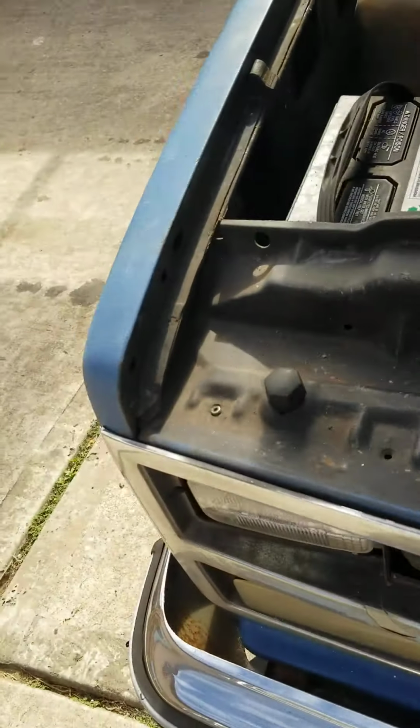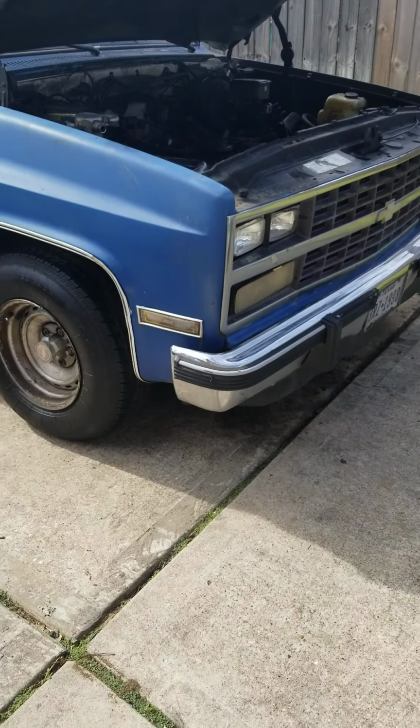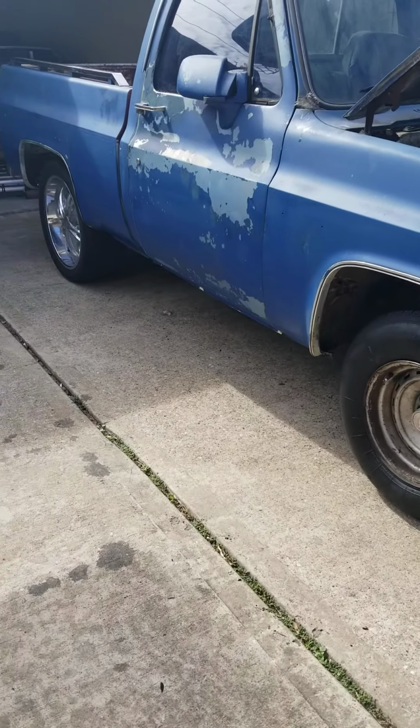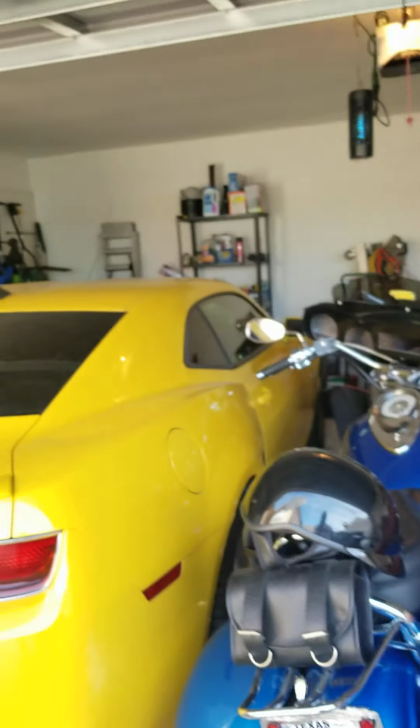Today, I'm working on my 82 C10 Silverado. The truck had been sitting for about 4 or 5 years, so I got it over to the house and started checking the engine out and heard a peculiar noise in the engine that I really didn't like. It sounded almost like the flywheel bolts were loose, but unfortunately that wasn't the case. So after checking and looking at it, I got up under the vehicle because